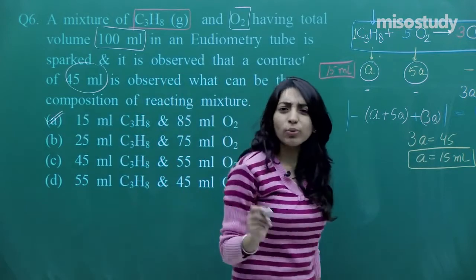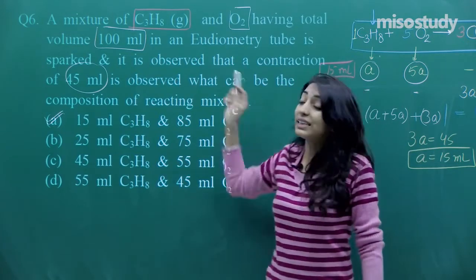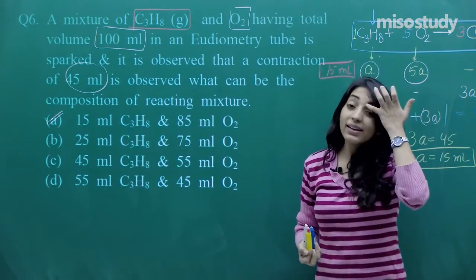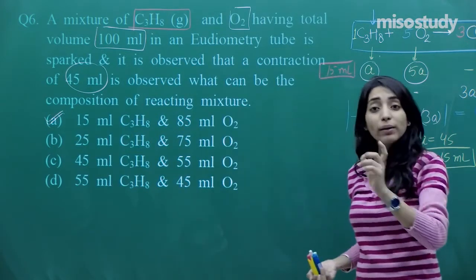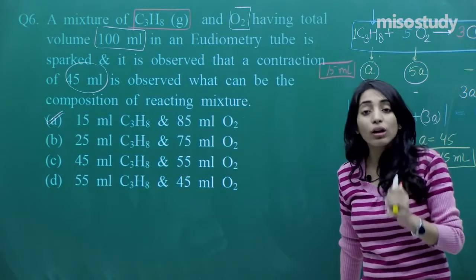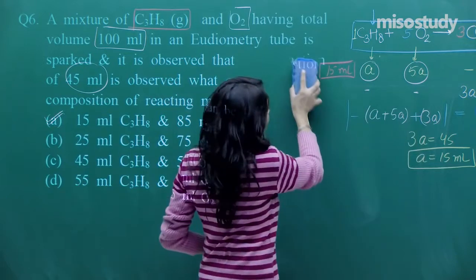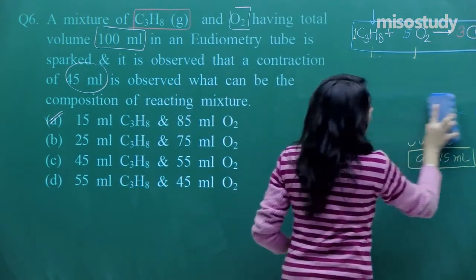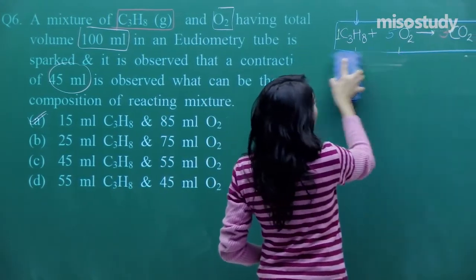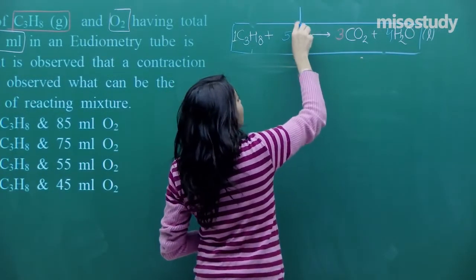But what will happen, many of the students will directly do the first part and they will not see that in the question it was written it can be a multi-correct question. Like there can be multiple correct answers for one particular question. So if it is a multi-correct question, you need to check all the other remaining options as well. And in that particular case, guys, let me just change it. Don't you think I should have simply assumed the other case as well, where not the C3H8 but O2 is the limiting reagent?